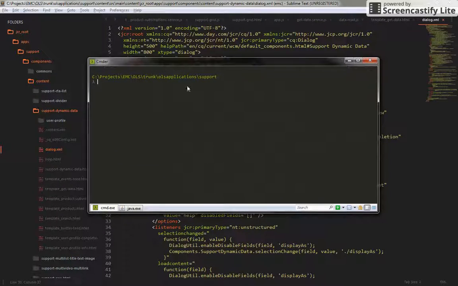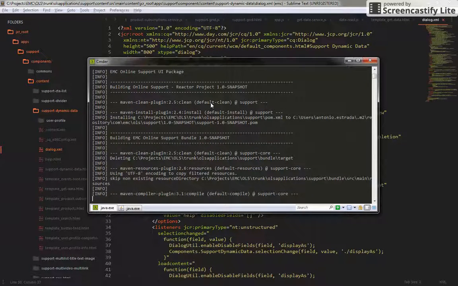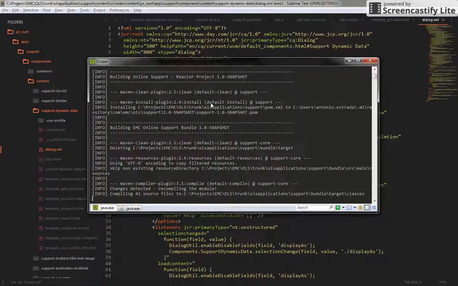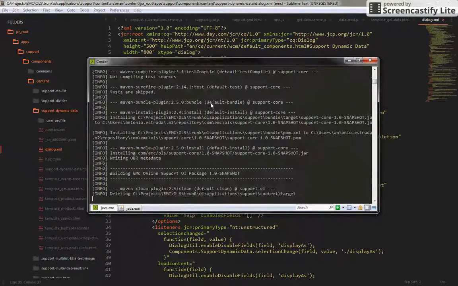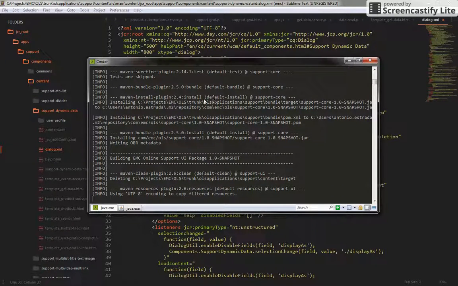inside of AEM. So what we're going to do here is we're going to just run our deploy command. I think we have everything in place now. We have the template, we have the modification to the dialog XML so that the component of AEM knows what we are expecting, and we have the Angular controller as well as the Angular service that is going to be reading for that, that is going to be connecting us to the endpoint, or in this case, the mock data. So let's make this one